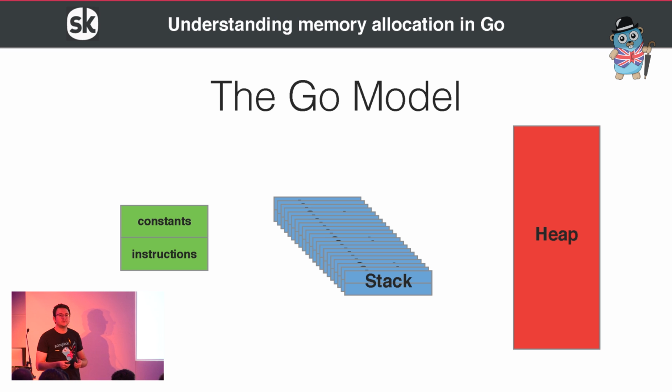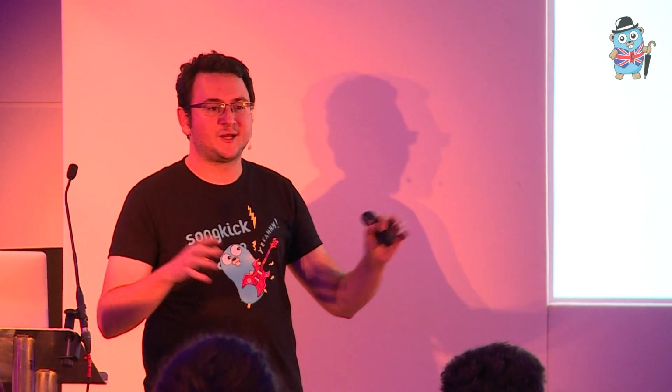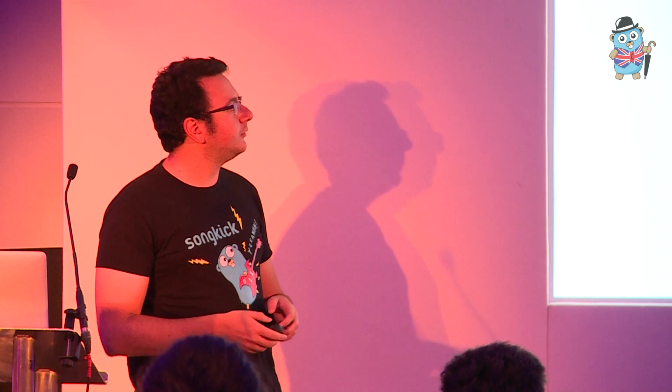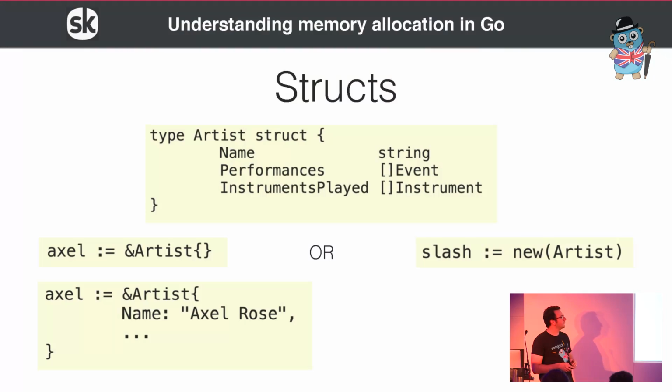Okay, so hopefully that was kind of just an introduction to how memory allocation works for the program. Now I'm going to talk about how we do it in code and how it relates to that, basically. So we have structs, right? An object with a few things inside, just a data structure. And we have two ways of